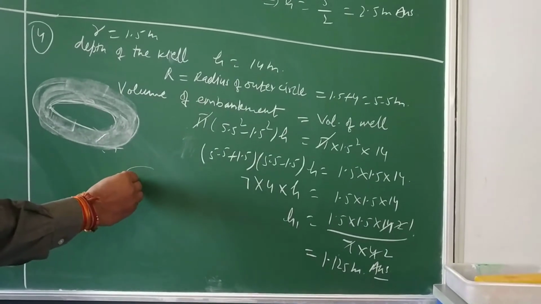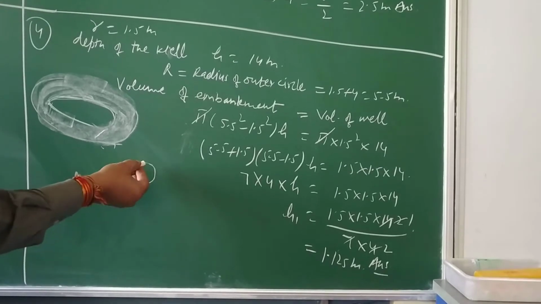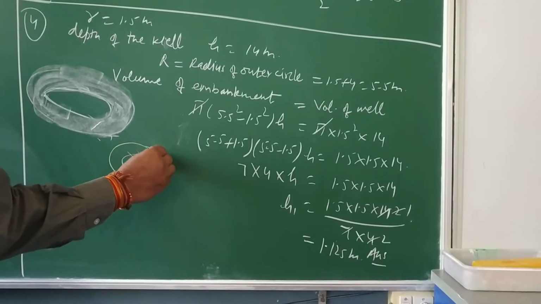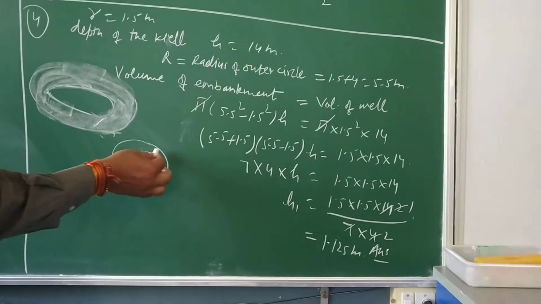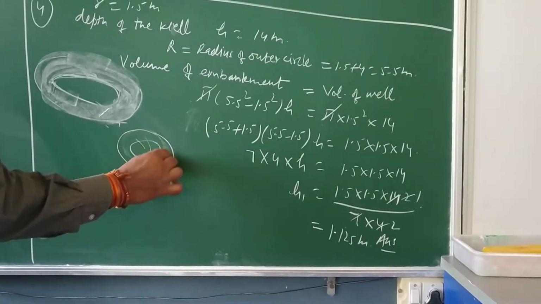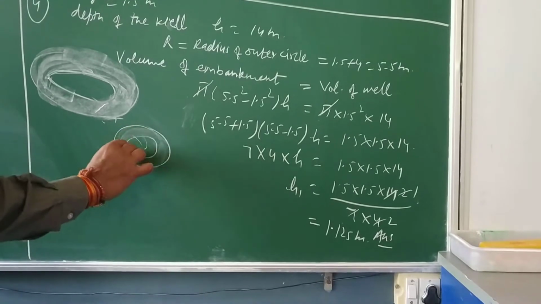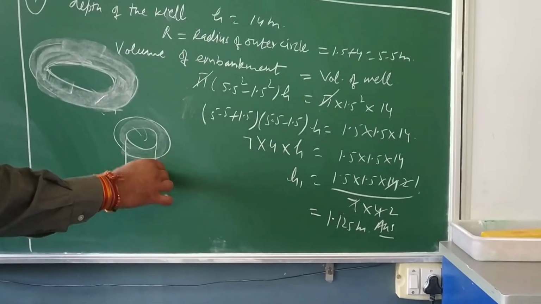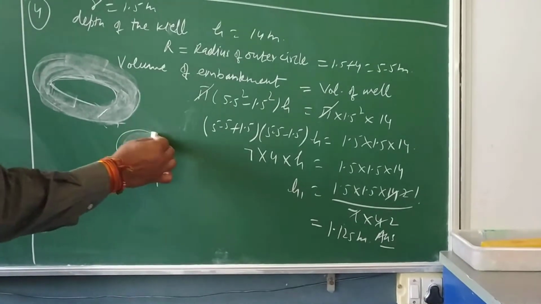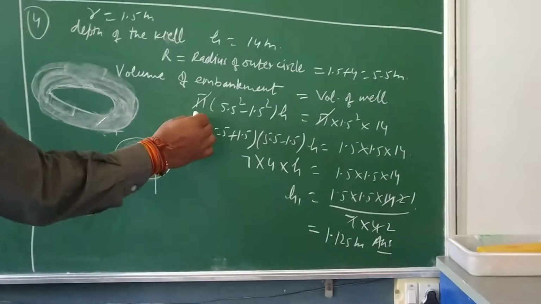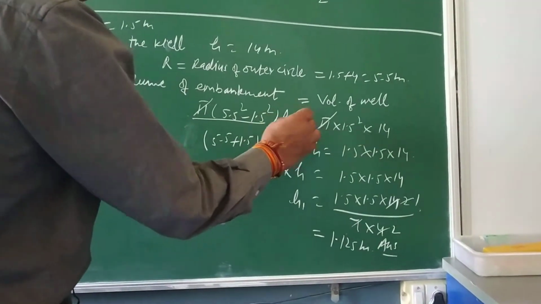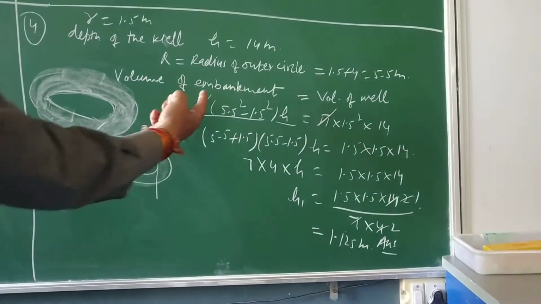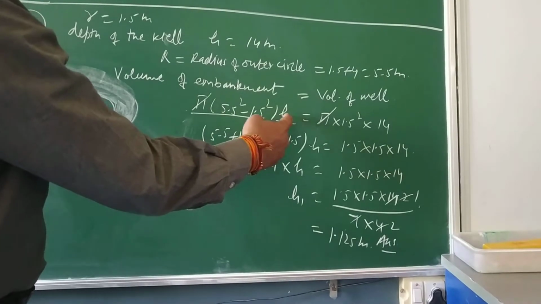When you are starting digging, it is coming something like this. The earth taken out is spread around the same, so this is going to form a ring shape. So now the earth is spread here. So means if I am calculating the area of this portion and into the height of the well, will give me the volume of this earth taken out. So that gives the area into height, because the volume is length into breadth into height. So area is this much and height is this much.